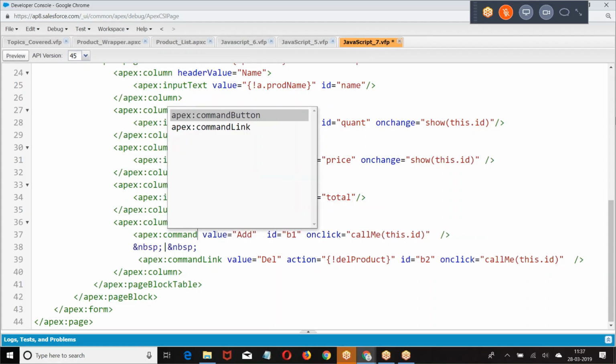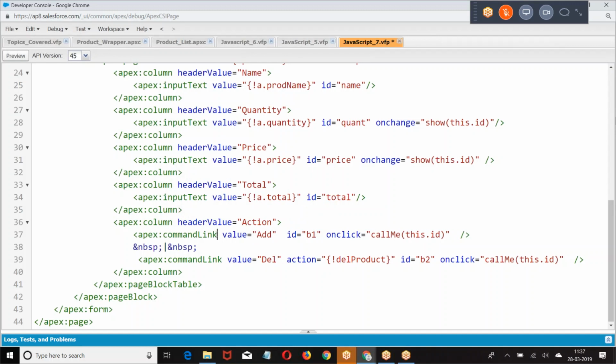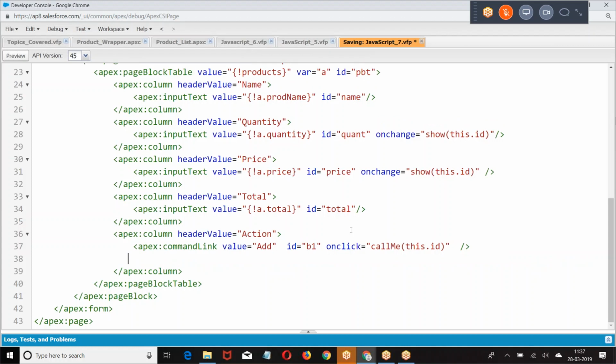Okay, that may be, the re-render concept also comes after the action is performed. But here the on click action should be performed first, then the rest of the things. We had call me.